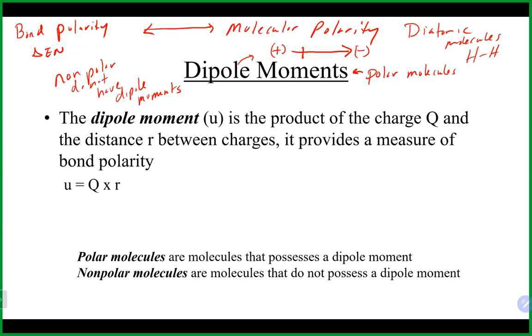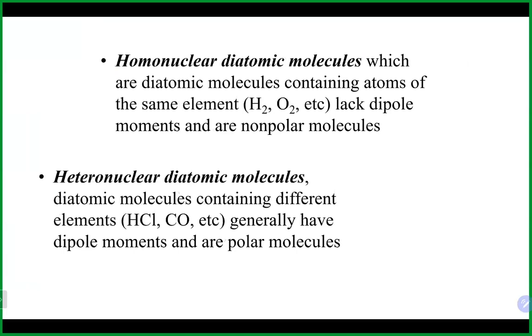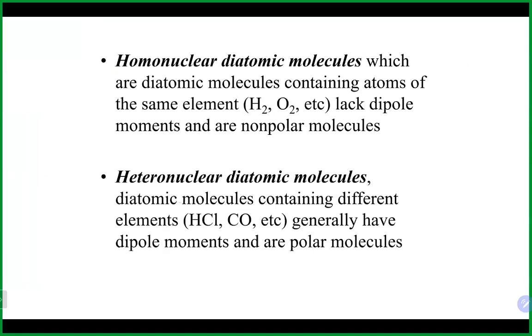polar, we have an unequal distribution of those electrons, and we do end up with charges. So as I mentioned before, the one place where bond polarity, the difference in electronegativity, and molecular polarity are the same is with diatomic molecules. So for example, if we had a diatomic molecule like H2, because these are both the same element, we would do the difference in electronegativity and we would get a difference of 0, which means that